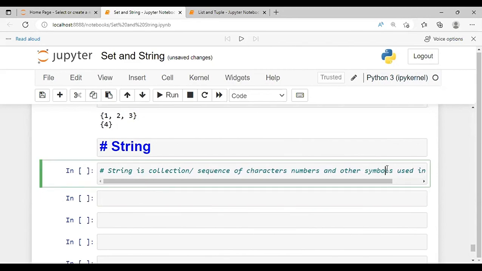This is the first point. Then the second point is very simple. It is enclosed in,